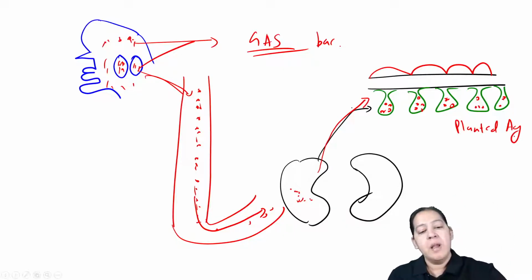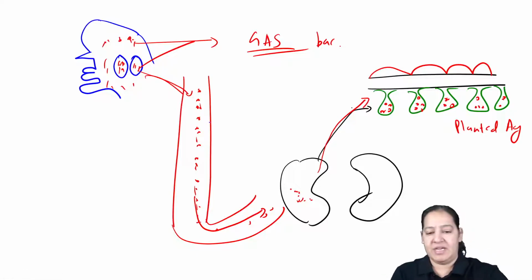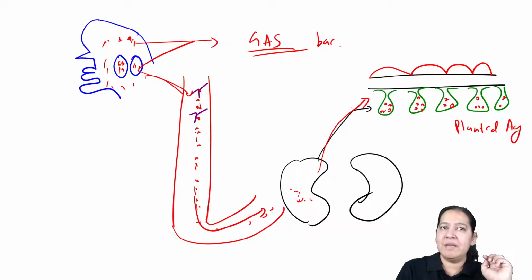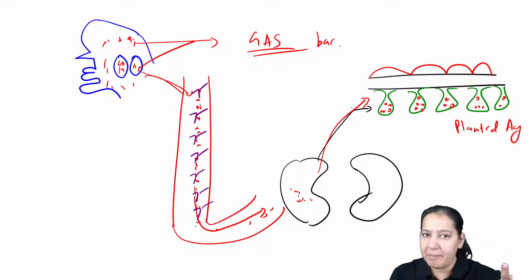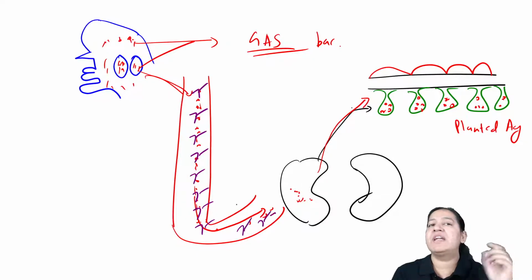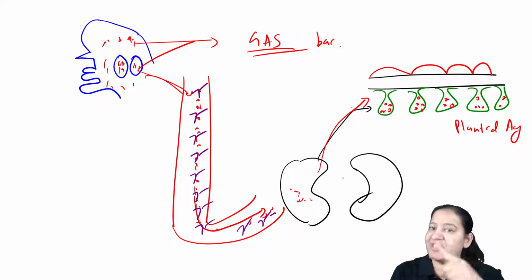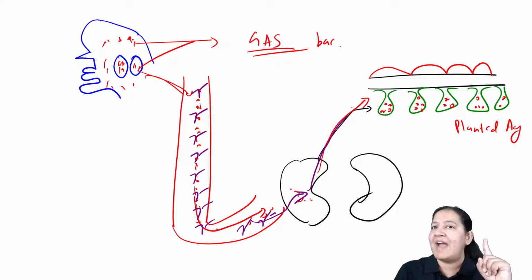Now what will happen? The body will form antibodies against the bacteria. Let me draw. So antibodies are formed in the blood. They will also move in the kidney behind the bacteria. So antibody will also move in the kidney. Inside the kidney, antibody will also move to the filtration barrier, and antibody will form a bond here, right, with